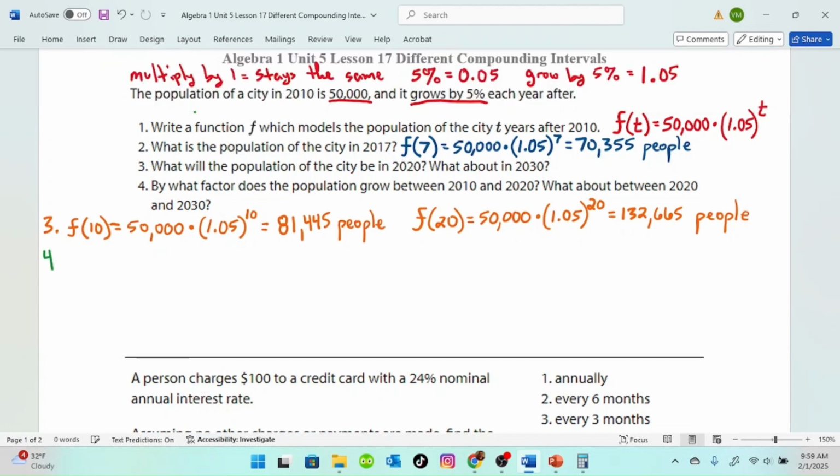And number 4, by what factor does the population grow between 2010 and 2020, then what about between 2020 and 2030? So what we're going to do is take the second population and divide it by the first population. So in 2020, that was the f of 10. So we would say